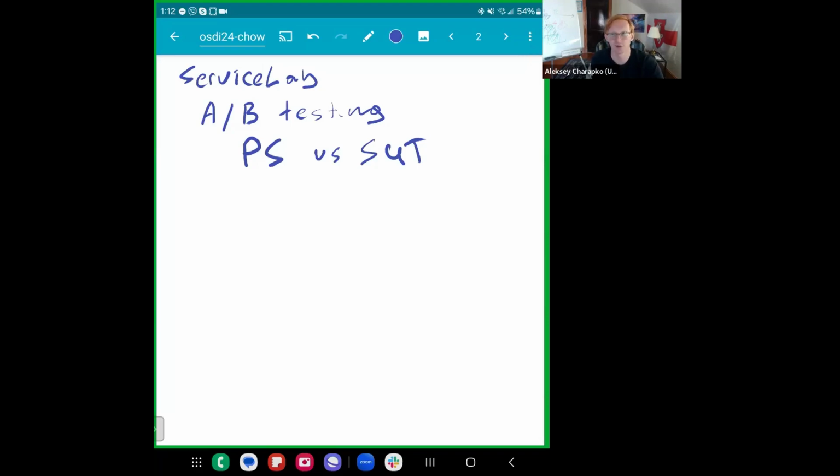Like, how do they actually perform this test, right? So obviously it needs to run, this is a pre-production test, right? So they cannot put the system under test into production. They cannot force the real traffic into the system. So ServiceLab is this sandbox, and this sandbox literally takes one machine,